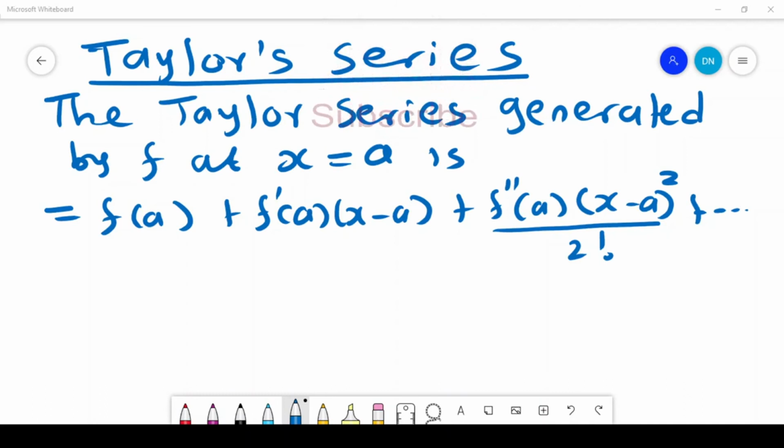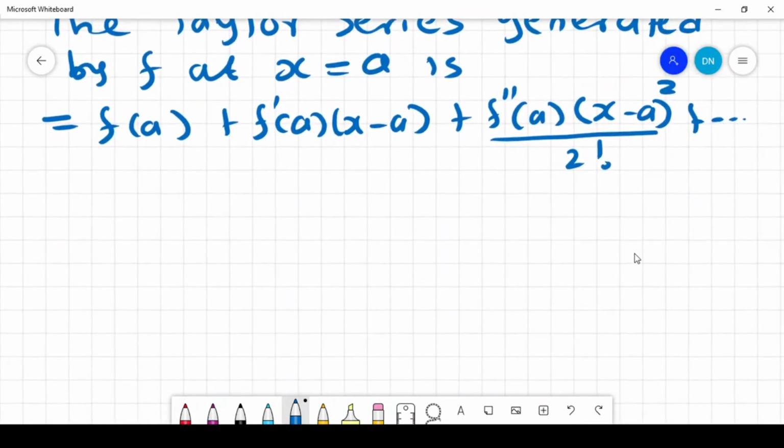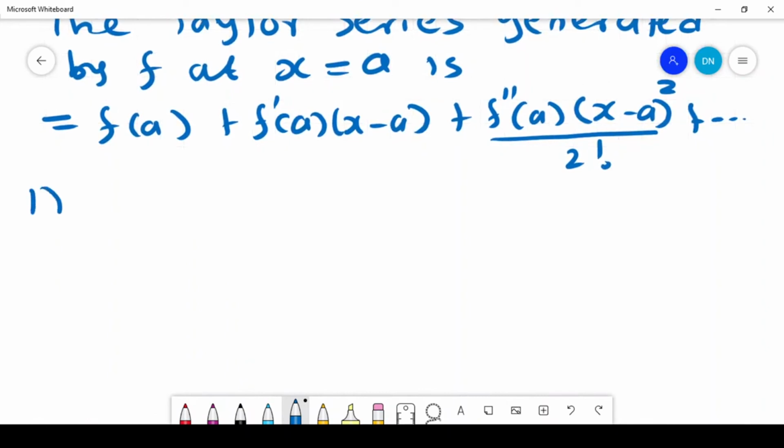We want to consider the Taylor series, and we want to look at an example. So the Taylor series generated by f at x equals a is given by f of a plus the first derivative of f at a times x minus a plus the second derivative of f at a times x minus a squared over 2 factorial, and so on. So we want to consider an example, and the example we want is to find the first 5 terms